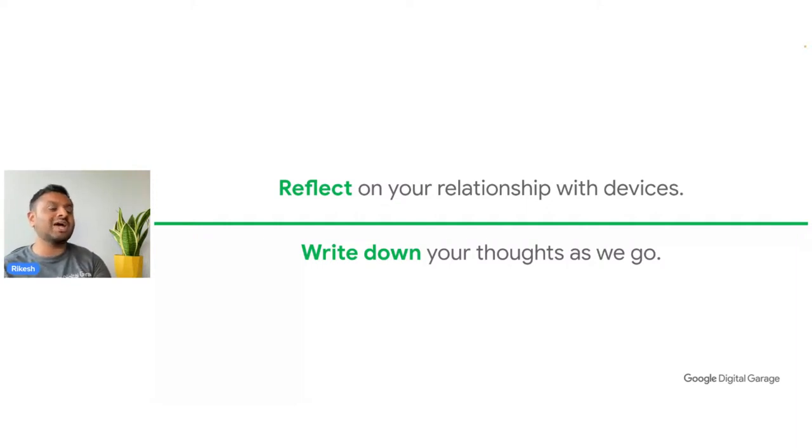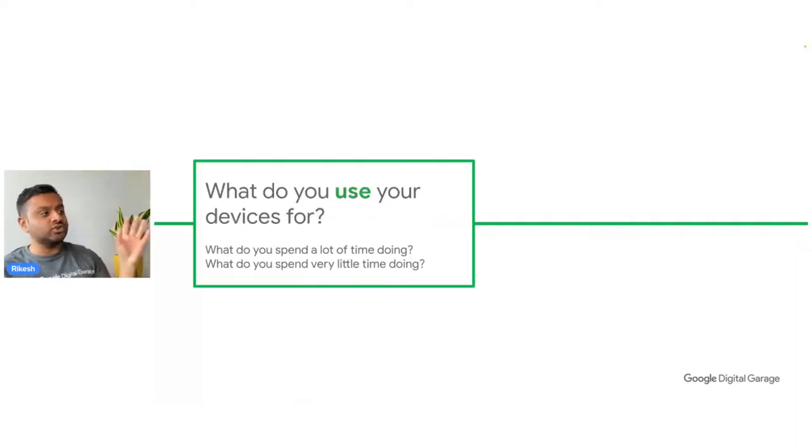So the first question I want to ask you here is, what do you use your devices for? Now, that question on screen can seem quite broad, and you might think, well, first of all, what devices have I got? Have I got 3 devices, 4 devices, 2 devices? Let's narrow that down to what is perceived nowadays to be our primary device, which is typically our smartphone, because we can do a lot of different things from our smartphone. So what I want you to do is jot down, what do you use your smartphone for?